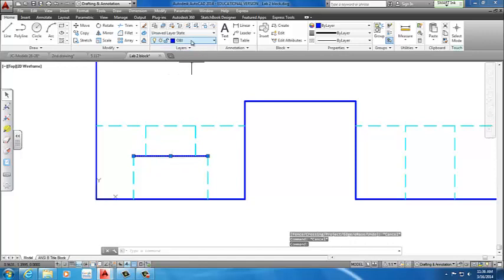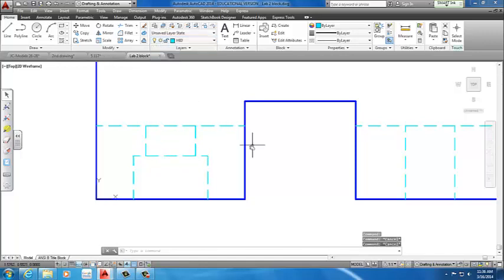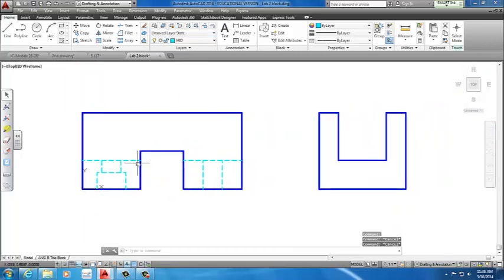So we're going to double click inside our viewport, select the object, change it from our line layer to the hidden layer. And we're going to either type in zoom, Z, enter, A, enter for all, or extents. Both should work. The nice part about this, once I have the part complete,